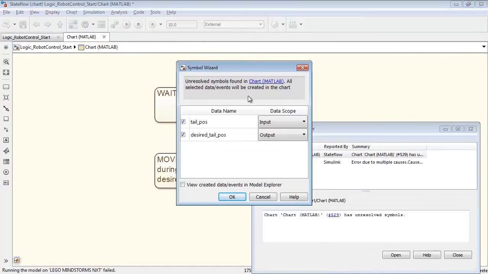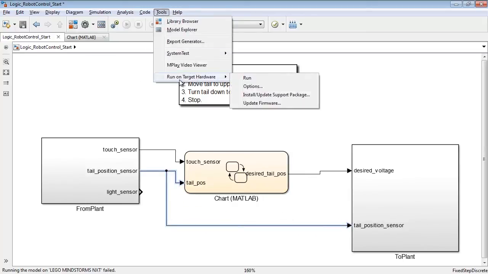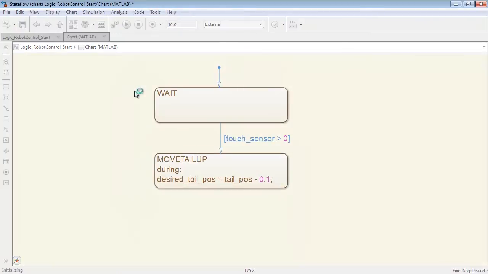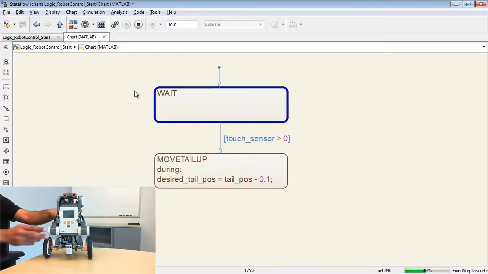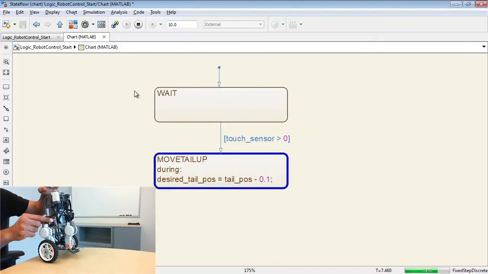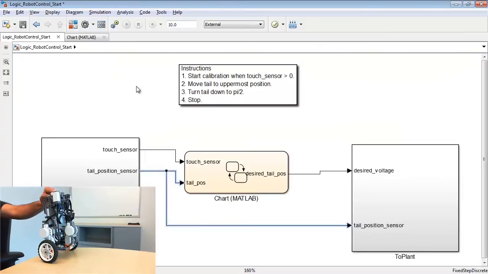So Stateflow again identifies these two variables, tail position and desired tail position. One is an input, one is an output. Correct. I go up to Simulink, I connect these values, all right, and then run the model again. Okay, the system is in the wait state, and as I press the touch sensor, it goes to the move tail up state and the tail moves all the way up. Good. Now the next task